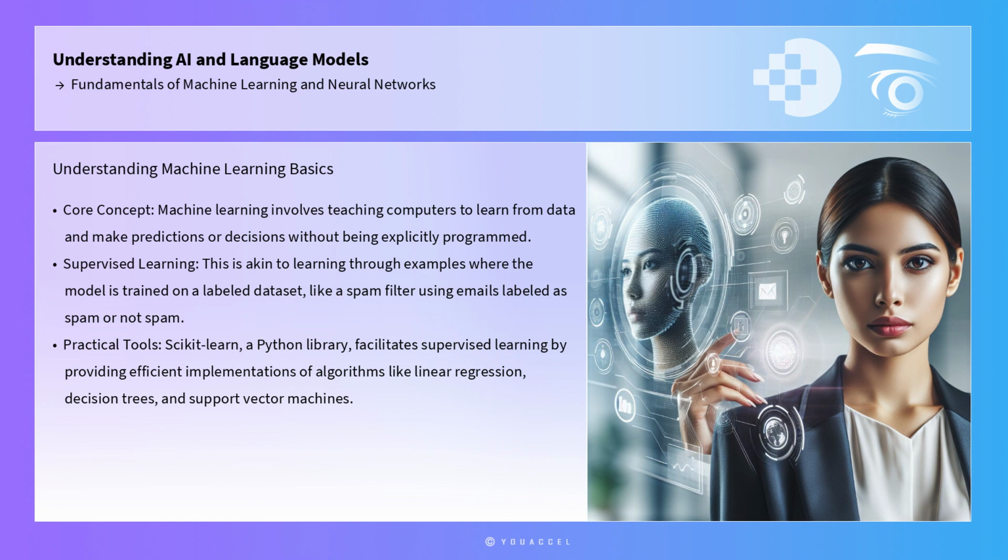Machine learning, at its core, involves teaching computers to learn from data and make predictions or decisions without being explicitly programmed. This learning process typically involves three types: supervised learning, unsupervised learning, and reinforcement learning. Supervised learning is akin to learning through examples where the model is trained on a labeled dataset. For instance, a spam filter is trained using emails labeled as spam or not spam, allowing it to predict the